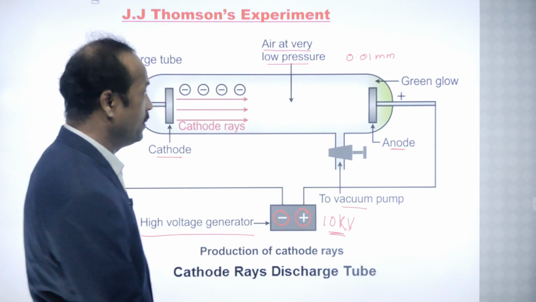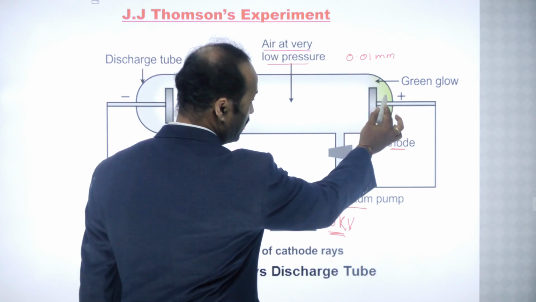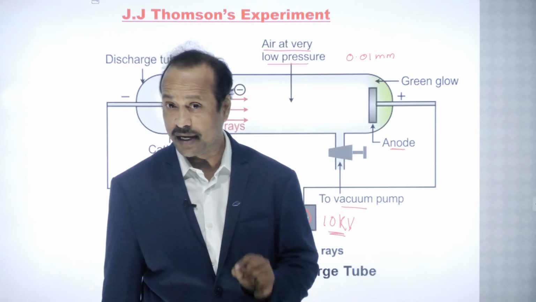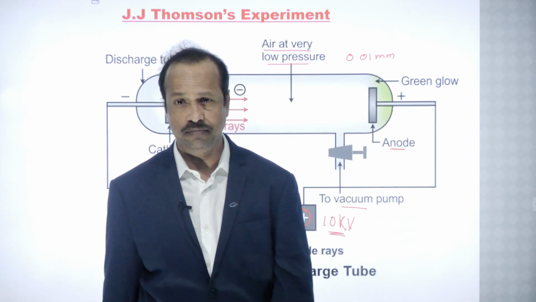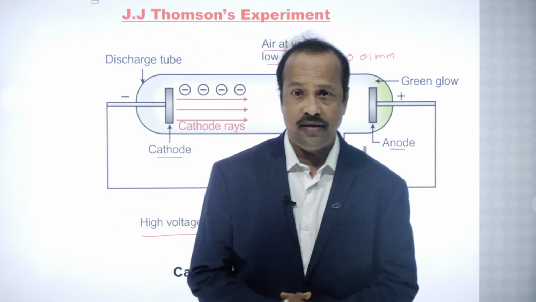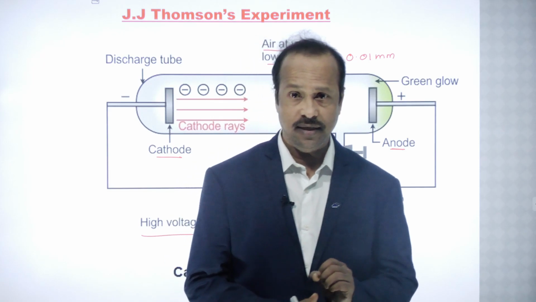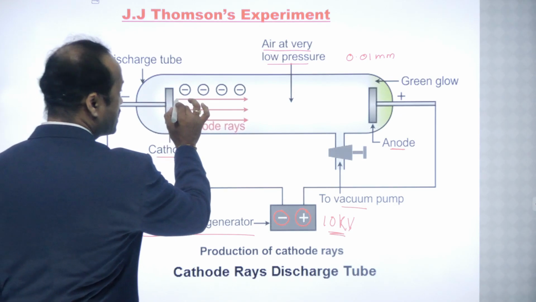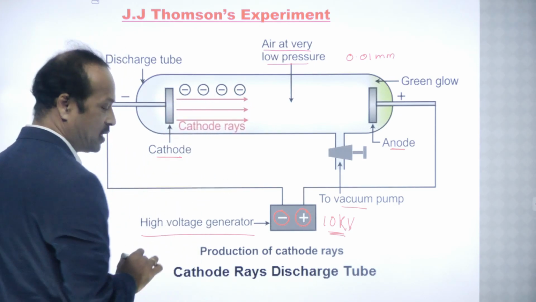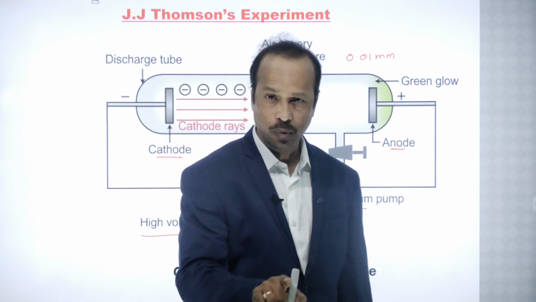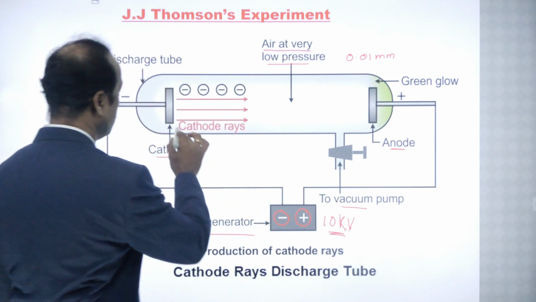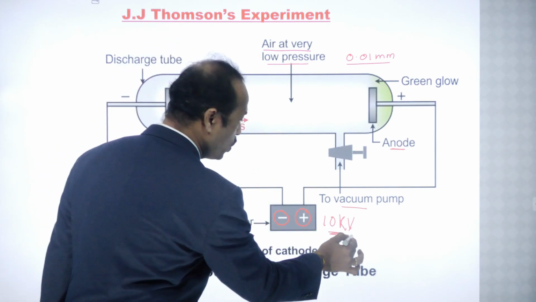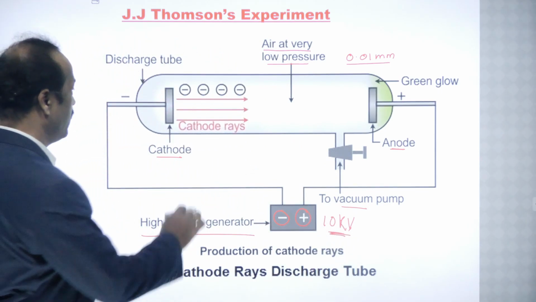Then it was observed that a green color glow is observed near the anode. From where has this glow come? To explain this, J.J. Thomson said that from the cathode, some negatively charged particles, of course they are proved as negatively charged, later I'll explain in the properties. So from the cathode, when the pressure is maintained at 0.01 mm and voltage at 10 kilovolts,